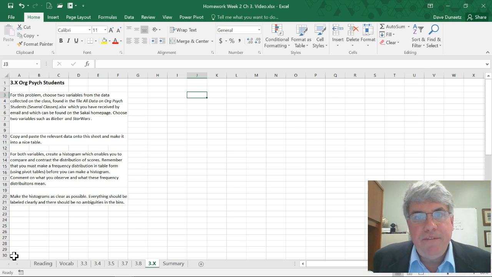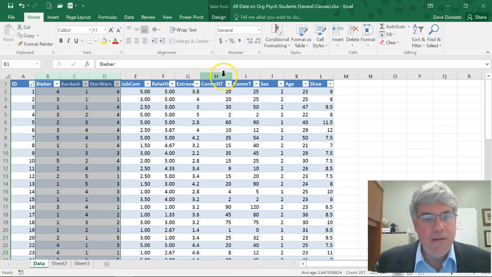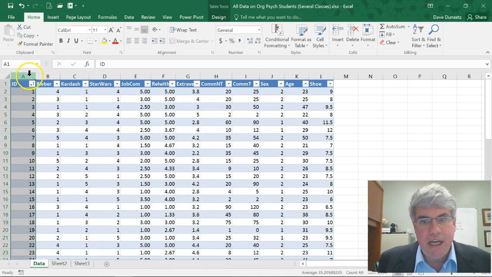So you need to get the file either from Sakai or, I might have sent an email to you, that has the class data plus the data from previous classes of org psych students. I'm going to bring that file over here. What we have is a number of columns, and I want the data on how much people like Justin Bieber, column B, and how much they like the